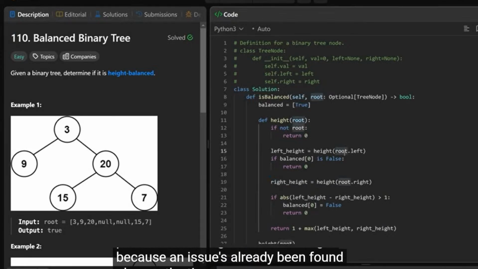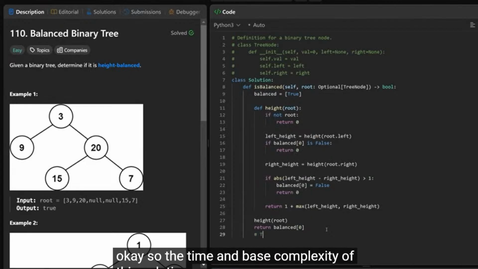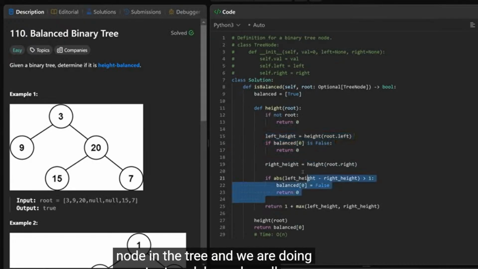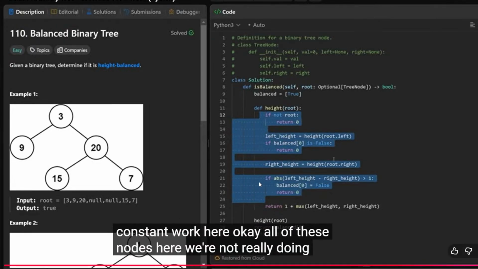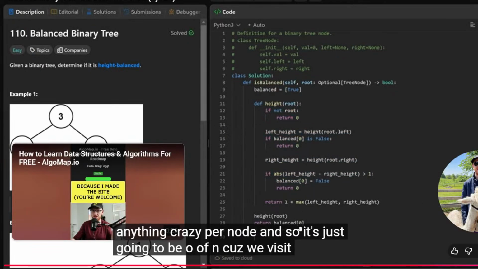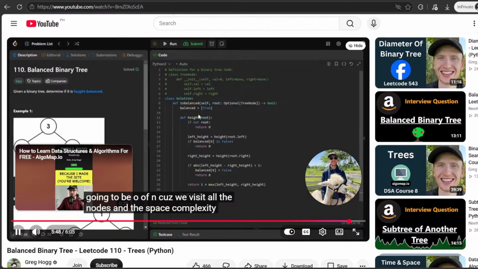Okay, so the time and space complexity of this solution, well, the time complexity is just going to be big O of n here because we are visiting every single node in the tree and we are doing constant work here. Okay, all of these nodes here, we're not really doing anything crazy per node. And so it's just going to be O of n because we visit all the nodes. And the space complexity, this is ultimately a